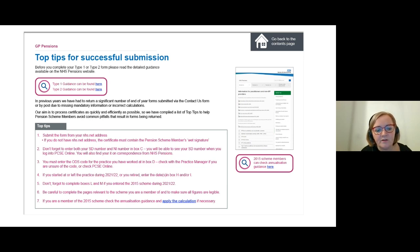And it goes without saying, and most people probably think it's a bit churlish to say it, but everything needs to be legible and all the correct pages need to be filled in. But every year we do receive some forms where figures and so on aren't legible, and that obviously means they have to go back. And I've already mentioned the annualisation guidance. It does seem to be an area that causes a bit of confusion, so please take time to check if that applies to you, and if it does, have a look at all of the guidance from NHS Pensions